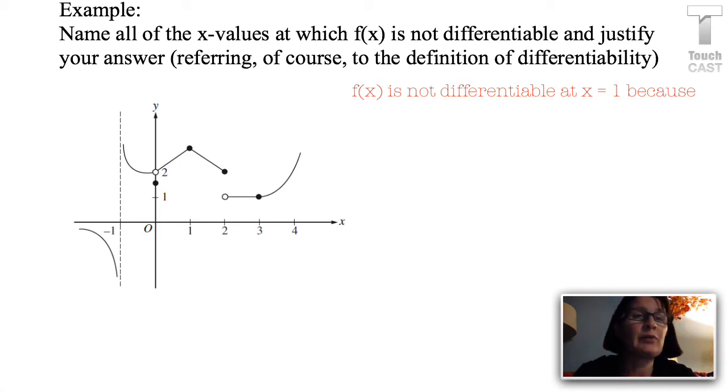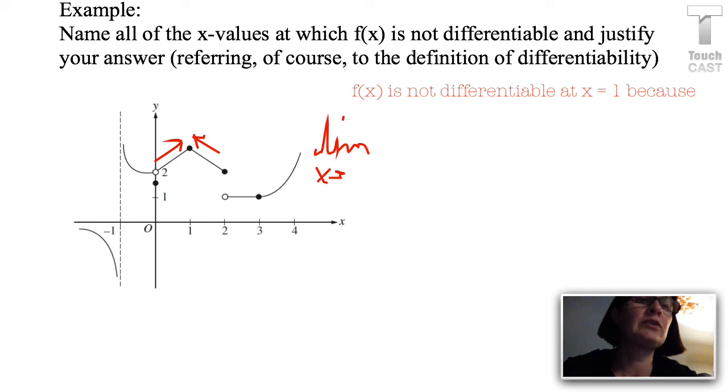Watch here. As I approach 1 from the left, I'm coming along this piece. It's a little linear piece of my piecewise function. I can tell the slope is positive. So the derivative must be positive. As I approach from the right, I'm approaching along that little linear piece whose slope is obviously negative. So I'm going to have two different derivatives, the notation, because the limit